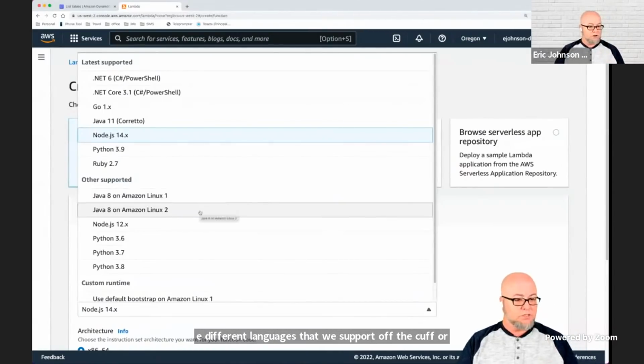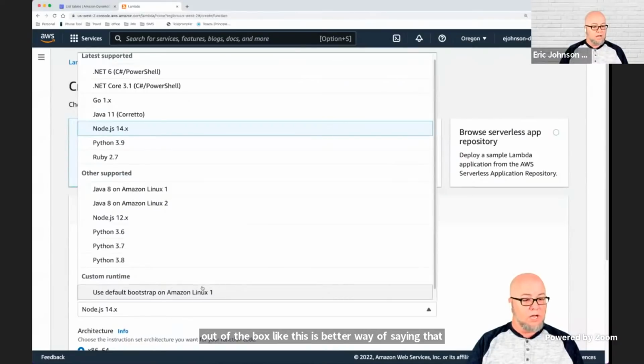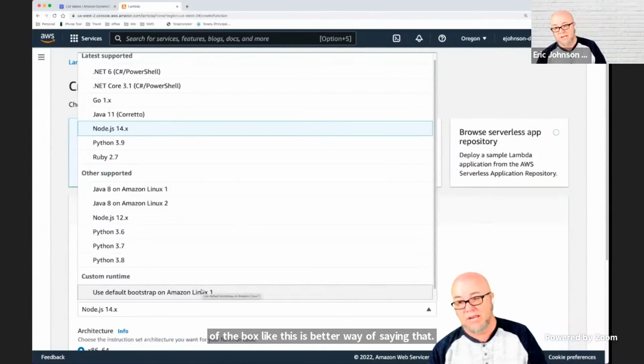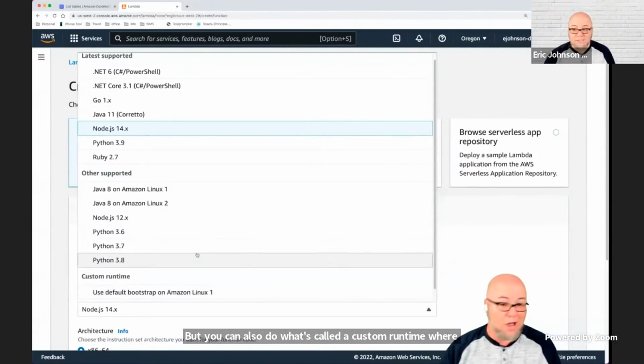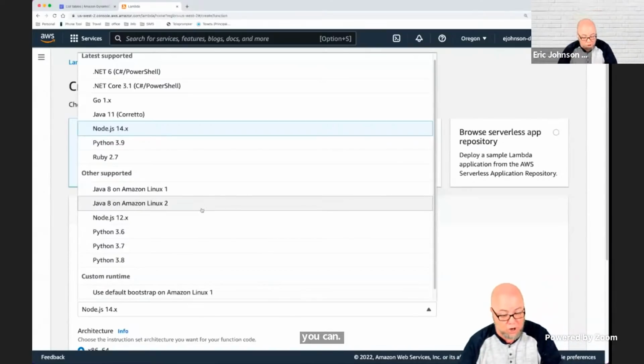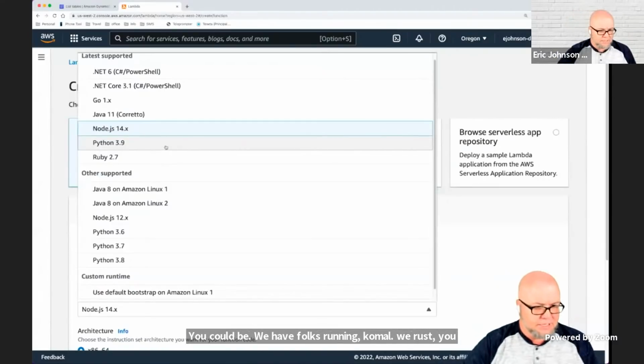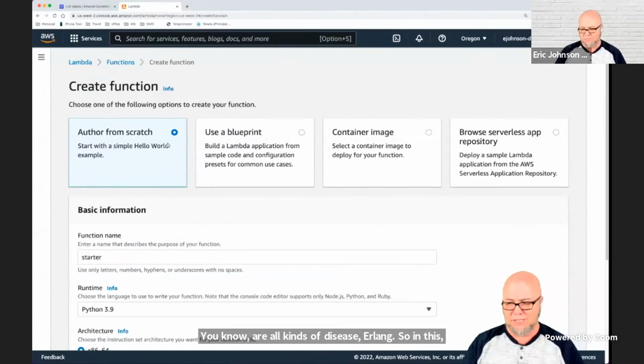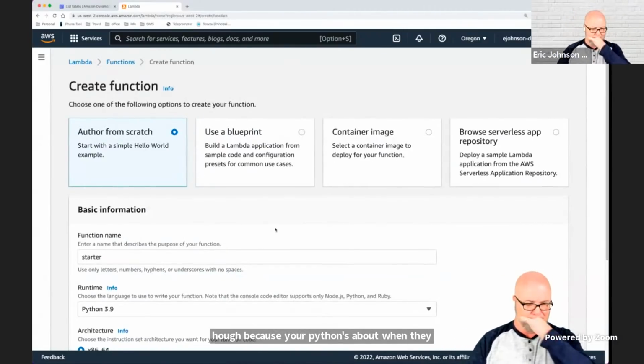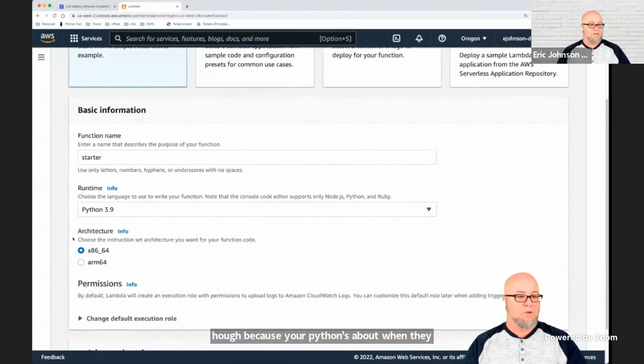But you can also do what's called a custom runtime, where we have folks running COBOL, Rust, R, all kinds of different things, Erlang. So in this though, because Python's about one of the only languages I know, we're going to use that. All right. So at the end of that, we can use